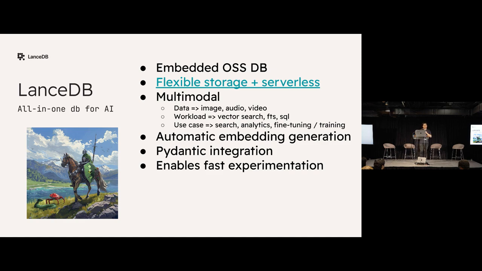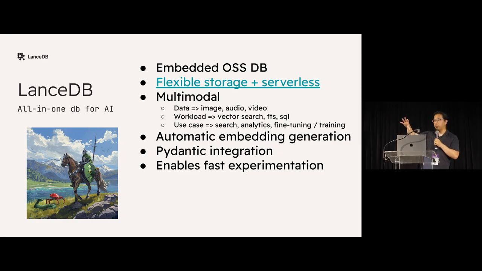At LanceDB, I would call us the all-in-one database for AI. So the context engine has different ways to query your data. You can store different data, and if you went to Jerry's talk, in addition to the vectors, you also need a way to store the source documents or the source images if it's multimodal, and the metadata that you can query as well. LanceDB is an embedded open source database. It's very flexible with storage options, so you can actually store your data and vectors directly in S3 and query it from your application or from a Lambda function.